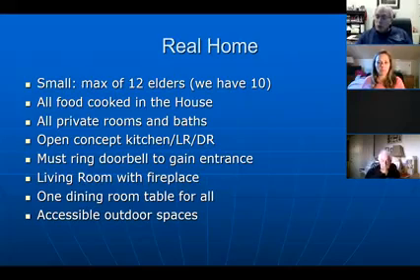Unlike most nursing homes, where, whether you're a volunteer, a staff member, a family member, what have you, under non-pandemic times, you can usually just walk onto the units, you can't do that in a greenhouse. Like your house and my house, you have to ring the doorbell and be welcomed into the house. So that sets the tone right from the very beginning that this is not an institution. This is where somebody lives.